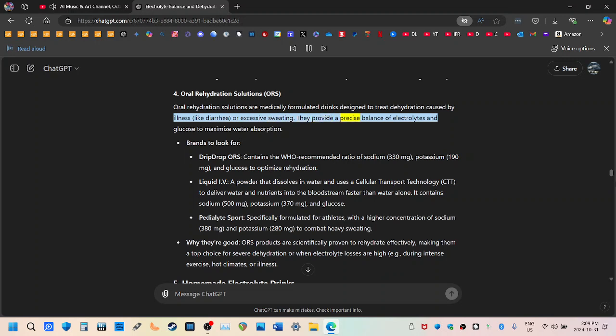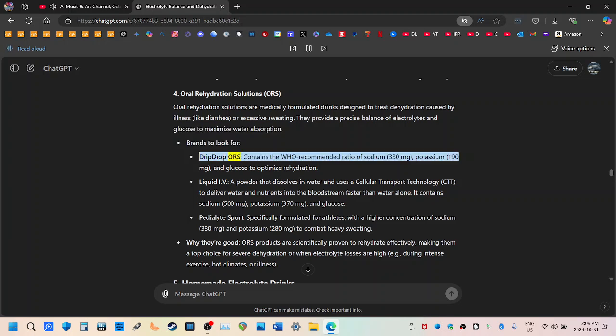They provide a precise balance of electrolytes and glucose to maximize water absorption. Brands to look for: DripDrop ORS contains the WHO recommended ratio of sodium, 330 mg, potassium, 190 mg, and